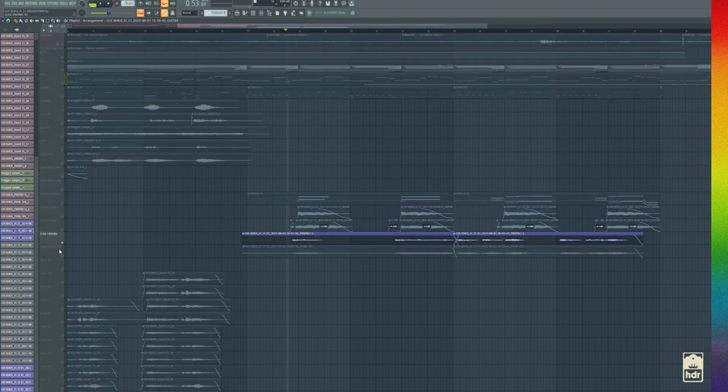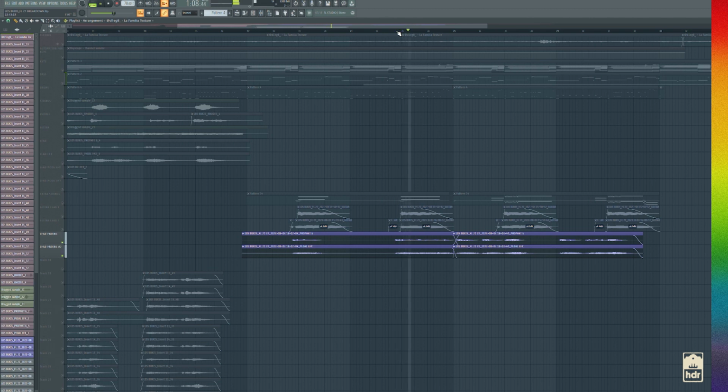The next thing I added for this section here was another lead sound. And that's the Prophet 6 patch that I had made that I had never used before.